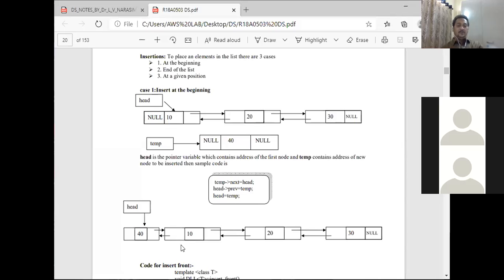When we change the null to 40, and instead of null we are placing 40, then 40 becomes the first node. Why? Because the head pointer shifted to the new node 40. That is what I am supposed to tell you to observe in the class notes. So this is what the